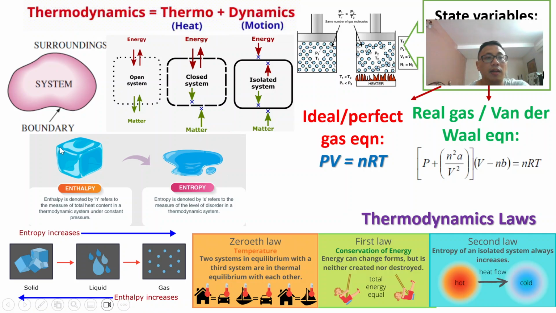Okay. We also learned what enthalpy is, and what entropy is. Enthalpy, usually denoted by H, refers to the measure of total heat content in the thermodynamic system under constant pressure. This is the amount of energy contained by any substance at any temperature and pressure. Entropy, usually denoted by S, refers to the measure of the level of disorder in the thermodynamic system. How disordered are the